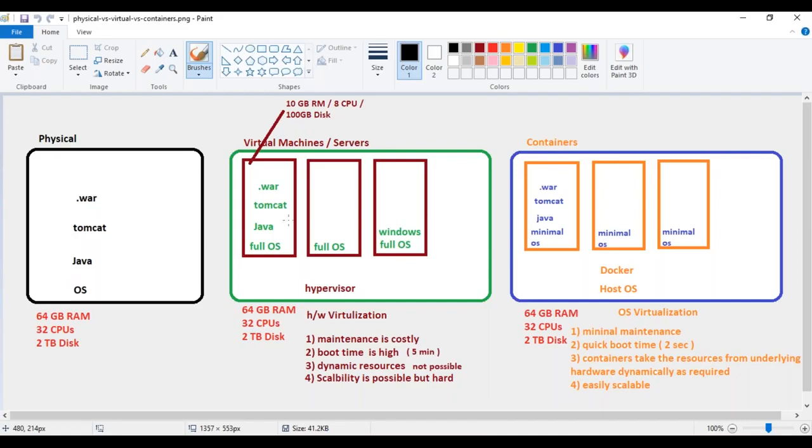Because we want to move to containers, we could look at these virtual machines. Of course, they are already offering very good things, but are there any improvement points that we can discuss on top of the virtual machine? Yes, there are a few improvement points that we could discuss, so that we can get more benefits out of resource utilization. Here at the bottom I mentioned the improvement points that can be looked at on the virtual machine side.